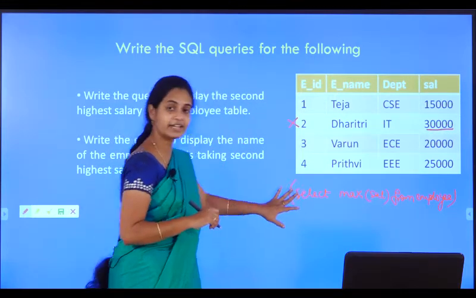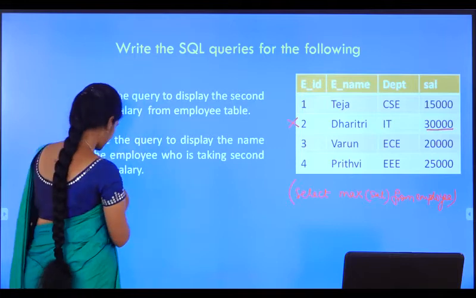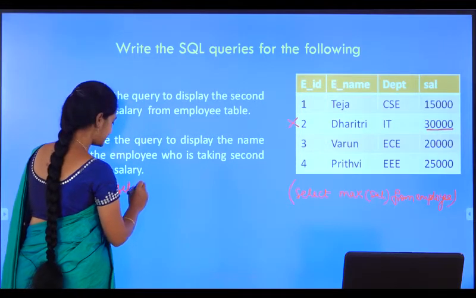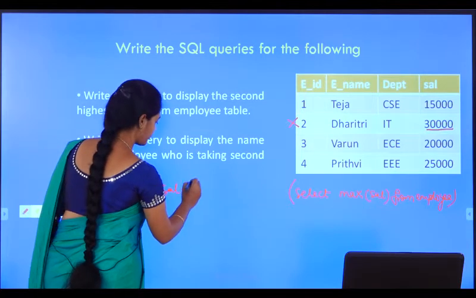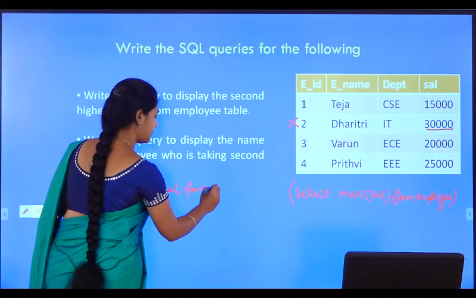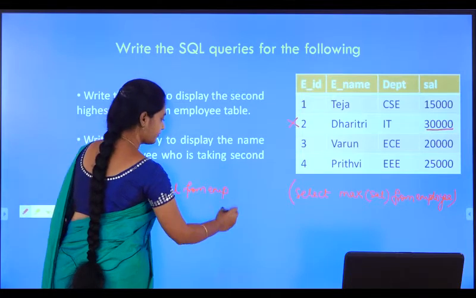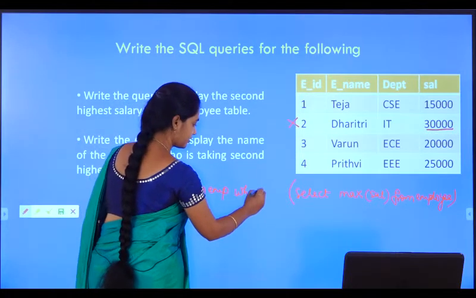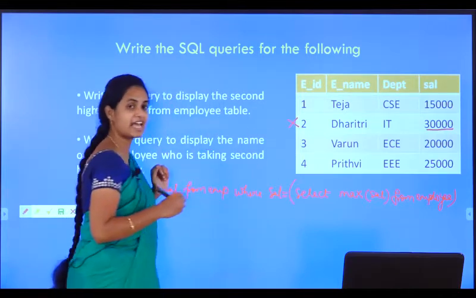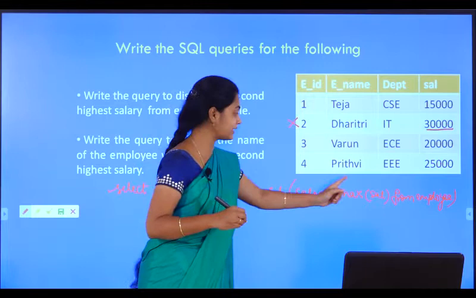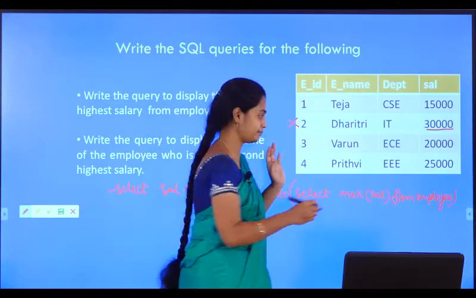See how I write the nested query here. I will write select salary from employee where salary equals to select maximum salary from employee.